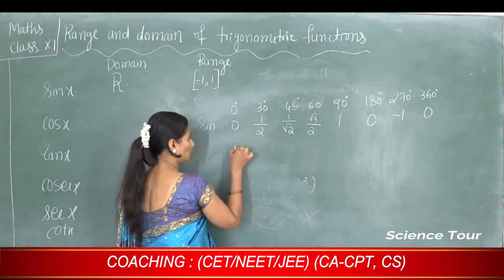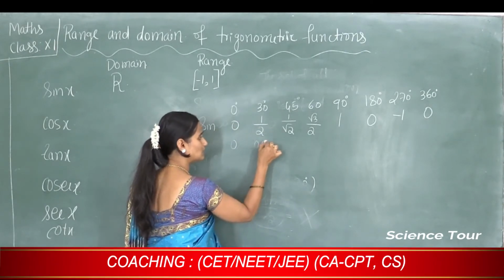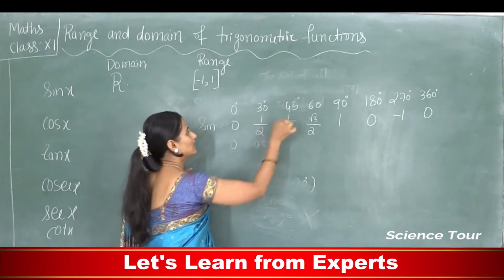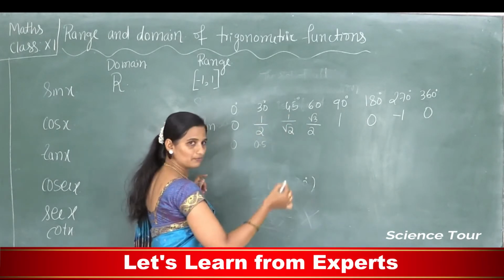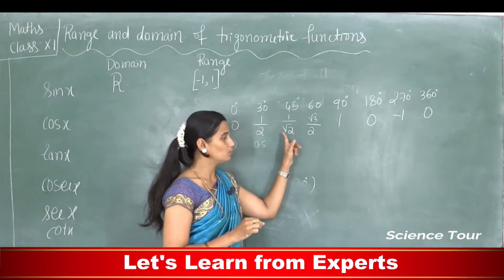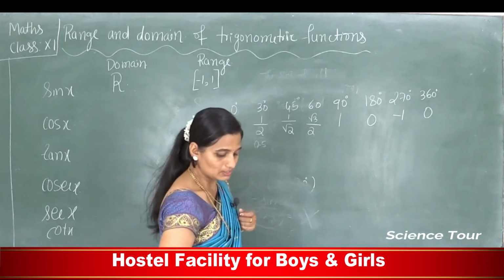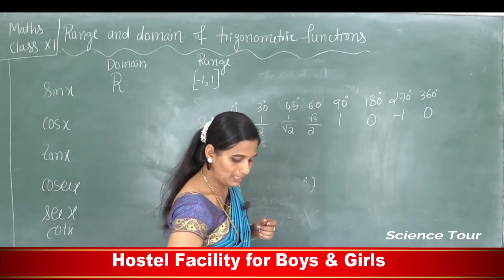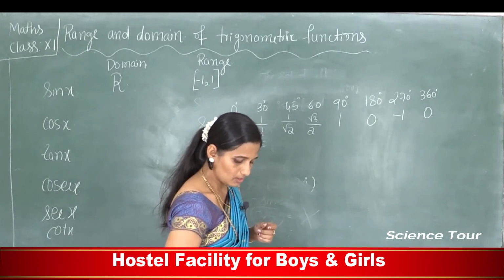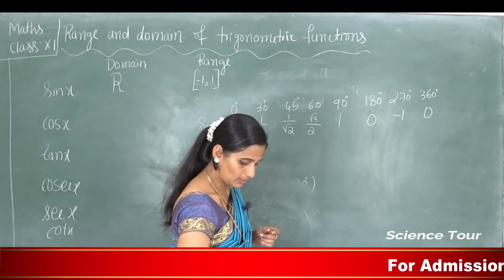Here 0, okay. 1 by 2 means 0.5. Sine 1 by root 2 is some value that is less than 1. Otherwise, let me calculate it. 1 by square root of 2 is,